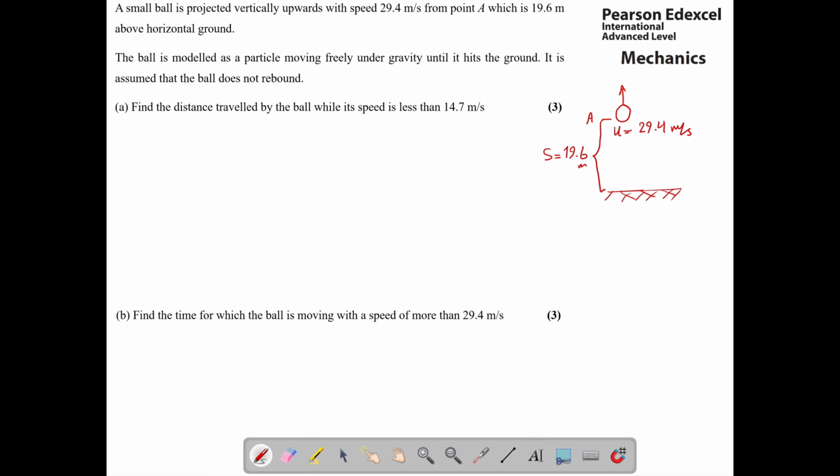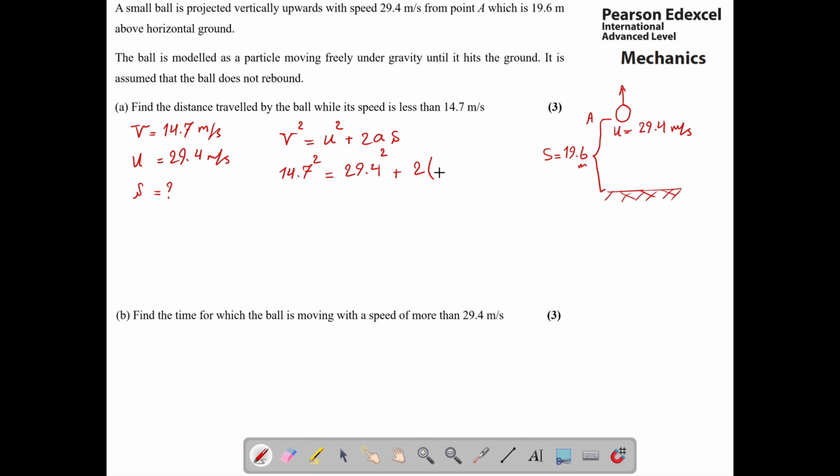Okay, so we don't have time, so we have to use this formula: v power 2 equals u power 2 plus 2 multiply a multiply s. So v is 14.7 power 2 equals initial velocity 29.4 power 2 plus 2 multiply